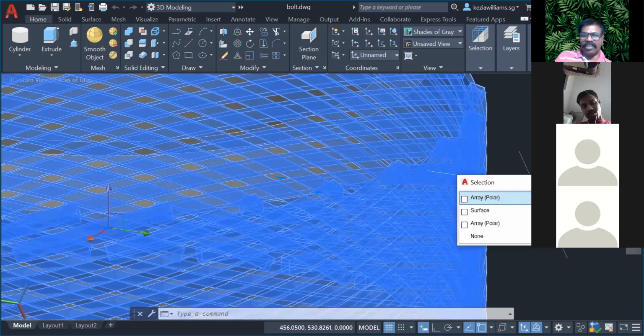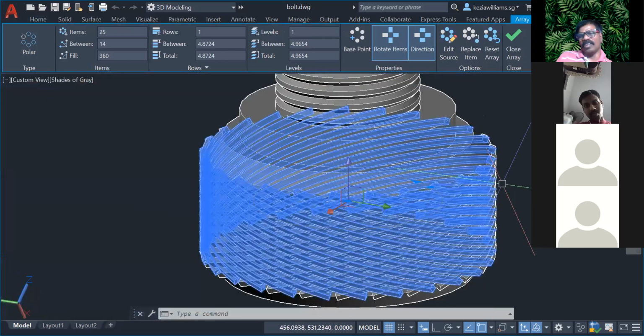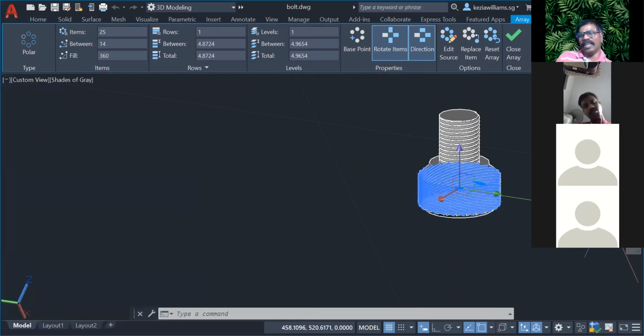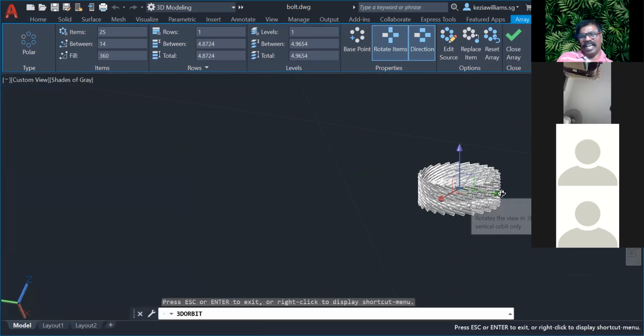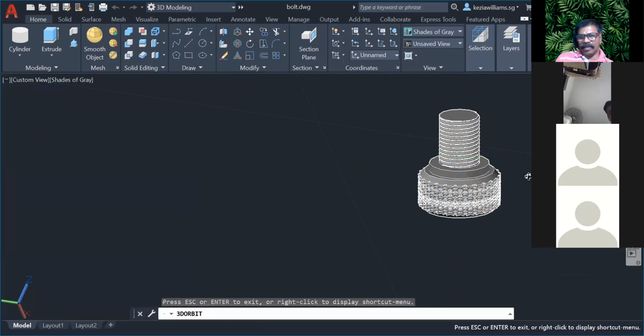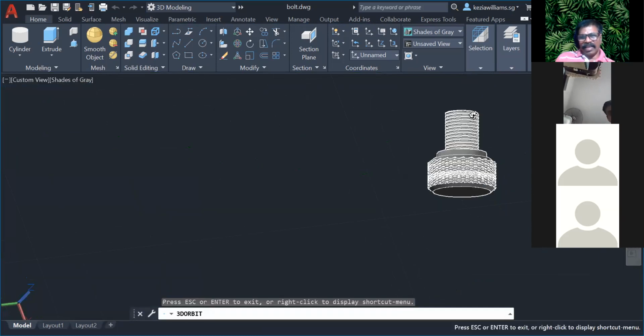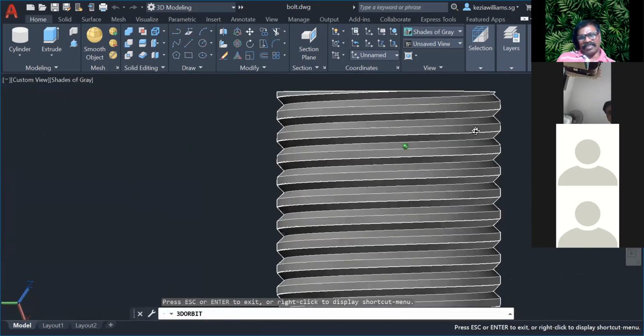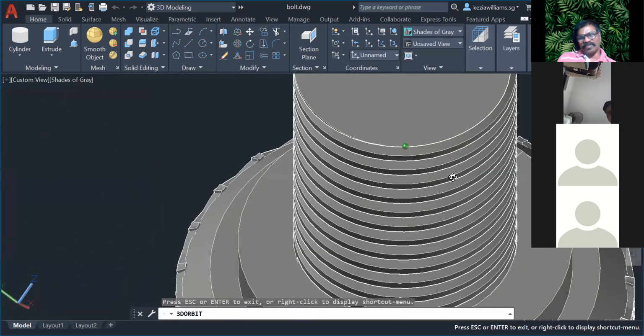Okay, so it's not an issue. It's not a big issue, but you know the concept. At least you know why you can do it. So you have to see why this is not solid, and you have to see the issues. And then the thread also is okay, not bad.